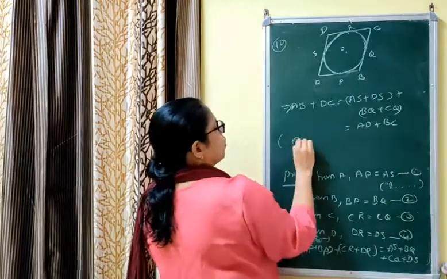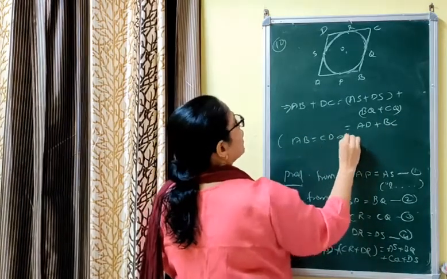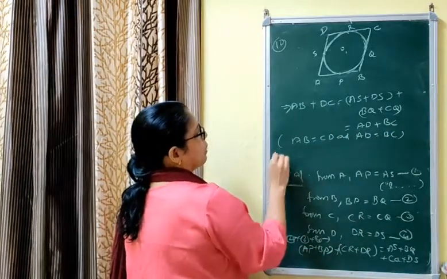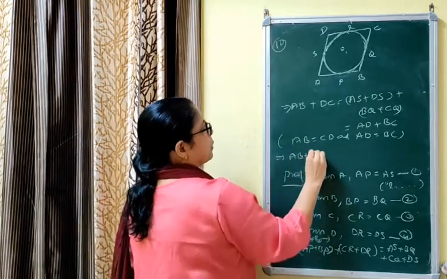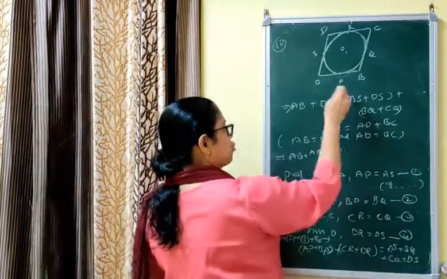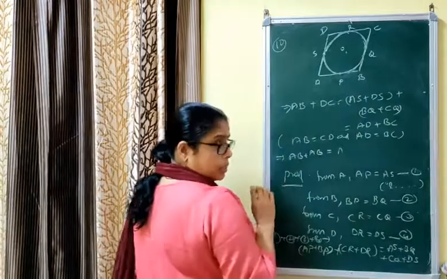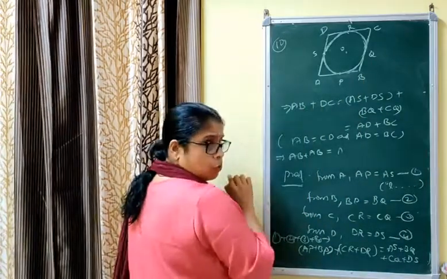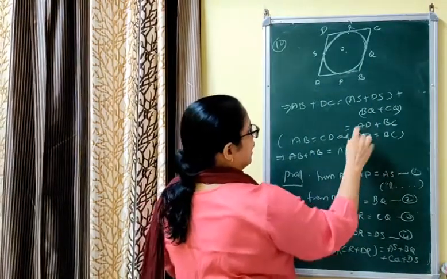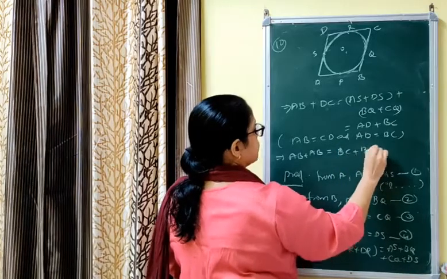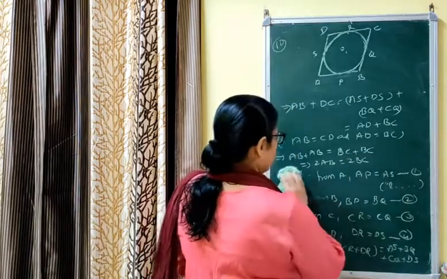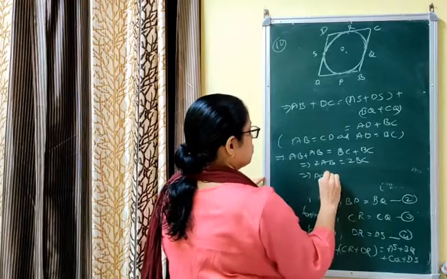But you know that in a parallelogram ABCD, AB is equal to CD and AD is equal to BC. So you can replace DC by AB. That implies AB plus AB is equal to AD plus BC. Either you have to prove AB equal to AD or AB equal to BC. या तो आप AB equal to BC प्रूफ करेंगे या AB equal to AD. हम AB equal to BC प्रूफ कर रहे हैं तो हम राइट साइड में AD को BC में चेंज करेंगे. BC plus BC. That is twice AB is equal to twice BC. That implies AB is equal to BC.